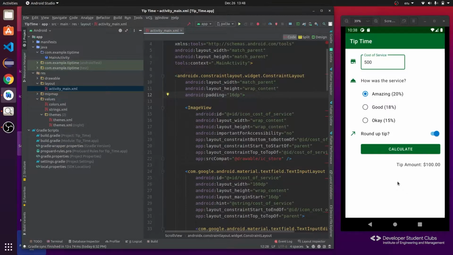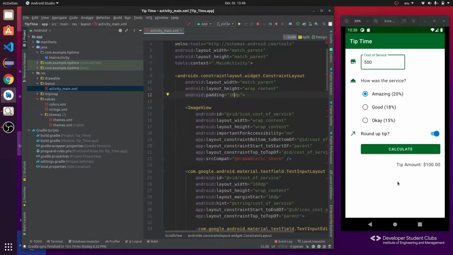Now it is dp. dp means density-independent pixels. This is also a reason for making your application work properly on every screen. Android devices come with different pixel densities, so your application should respond properly on every screen. For that, we have used density-independent pixels instead of hard-coded values. So that's the reason.